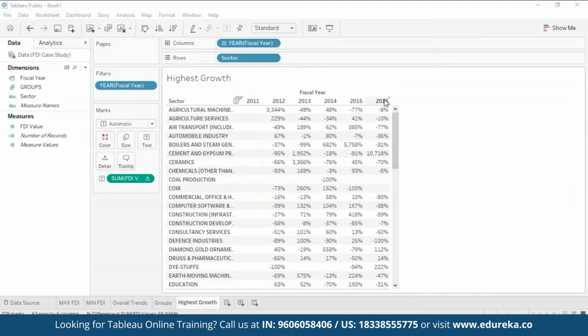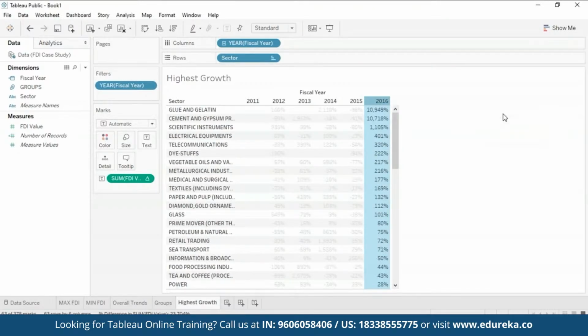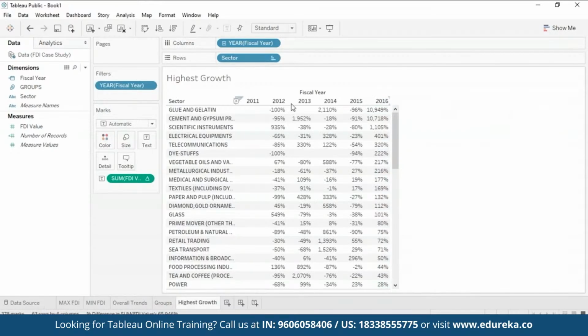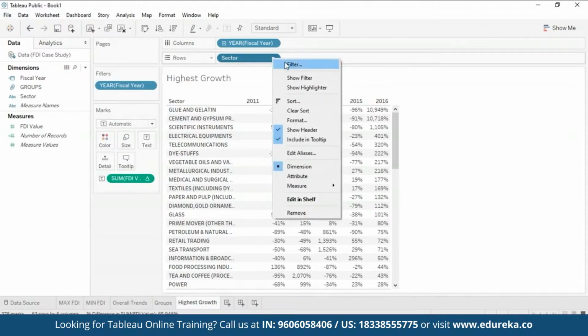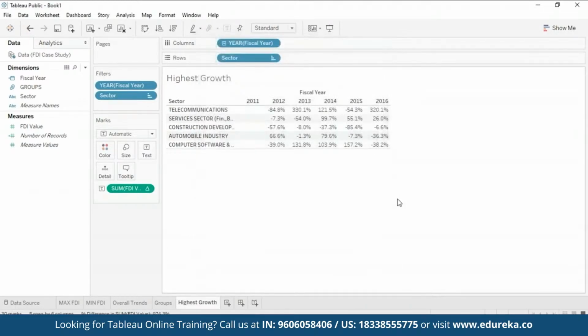And now what I'm going to do is click on this row, 2016, and sort everything in a descending order so we can get our top 5, which is glue and gelatin, cement and gypsum, scientific instruments, electrical instruments, and telecommunication, which are giving us the most year-on-year profit. And then I select this filter and go on top 5, and this displays my top 5. Now that we have our top 5,